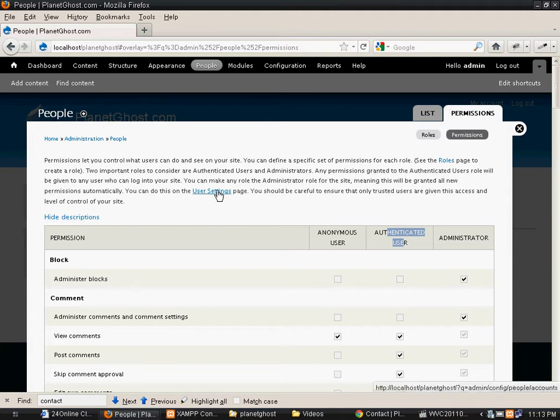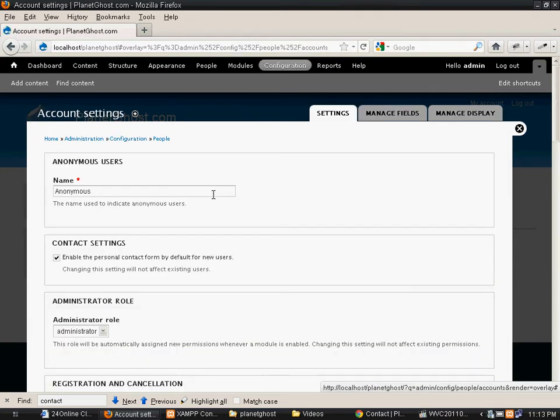You can click on user settings first. You have a user settings link here.